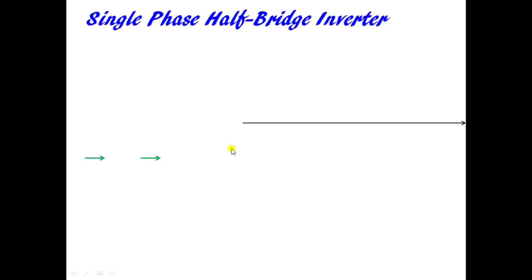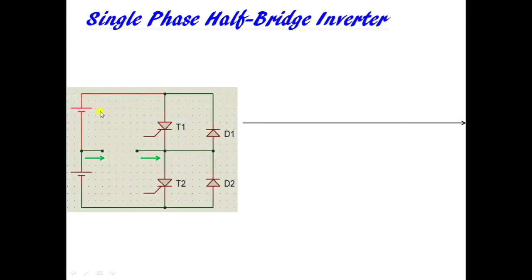So this is how your single phase half bridge inverter circuit looks like. It is having two DC supply sources, two thyristors T1 T2, and there are two diodes connected in anti-parallel with the thyristors T1 and T2. Now this type of DC supply, where there are two parts of the DC supply, is called a three-wire DC supply. So here is the load. Here we have Vs by 2, and here is the other part, Vs by 2.